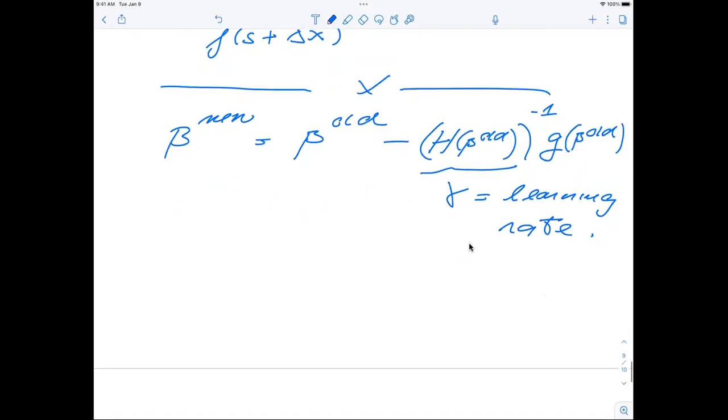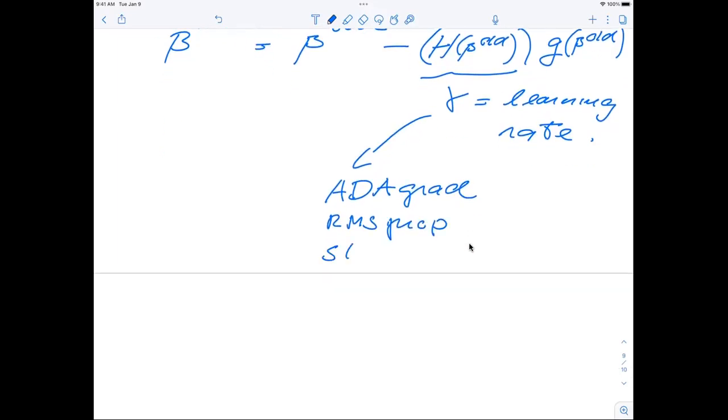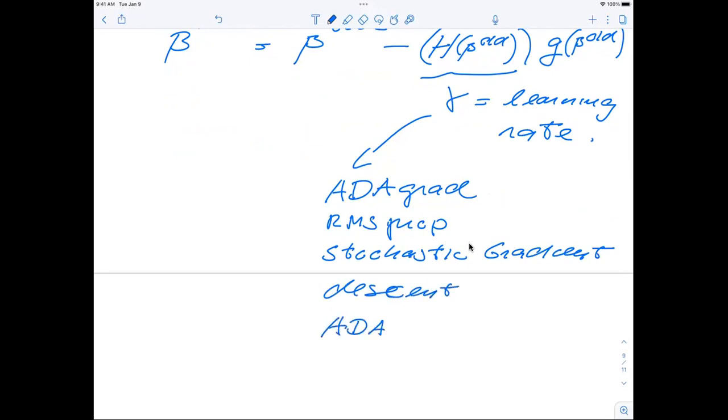So this leads to tons of methods to calculate this quantity. We have things like ADAGRAD, adaptive gradient. We have something which is called root mean square propagation. We have stochastic gradient descent. So we need to discuss these methods a little bit. We have ADAM, which is adaptive gradient with momentum, and so on. So all these methods aim at finding a way to adapt this learning rate according to the number of iterations